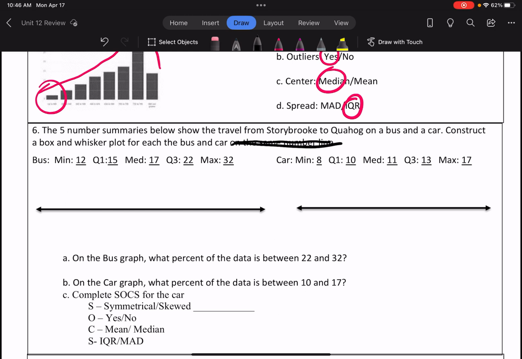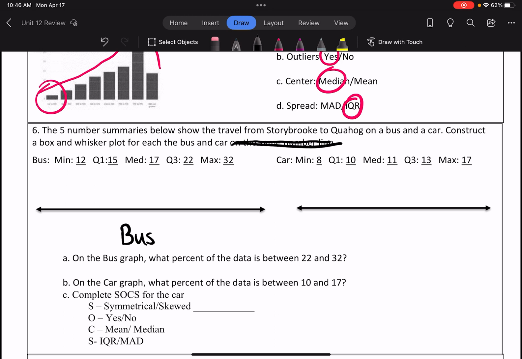But when you're creating a box and whisker plot, you can't just put the numbers wherever you would like them to. It needs to be a consistent value. This is something that I've noticed on the quizzes and on any of your practice checks and so forth: when you're creating a box and whisker plot for yourself, make sure that you are using a consistent number line. So for the bus,